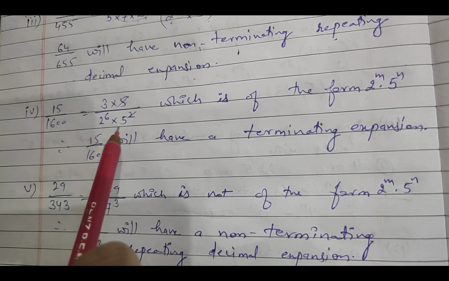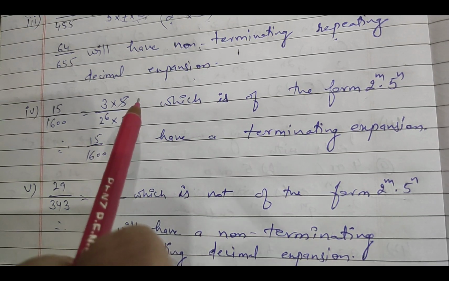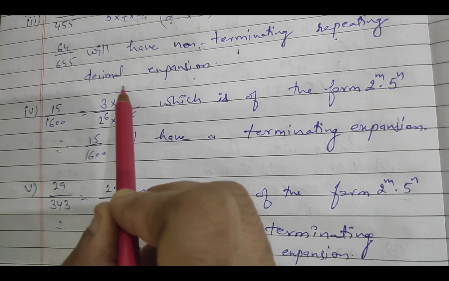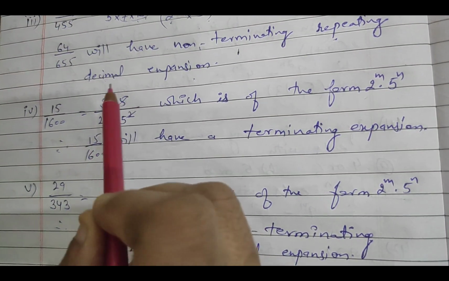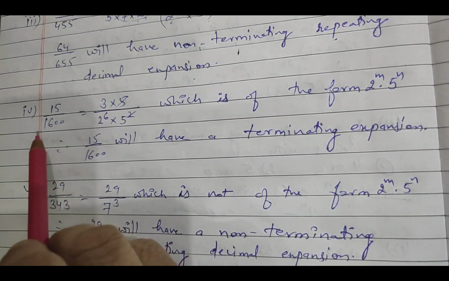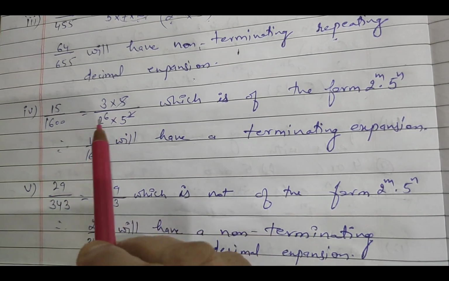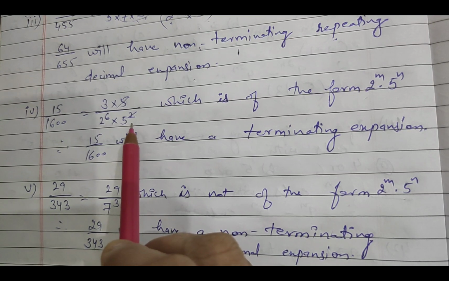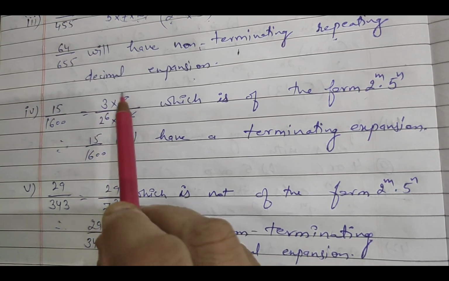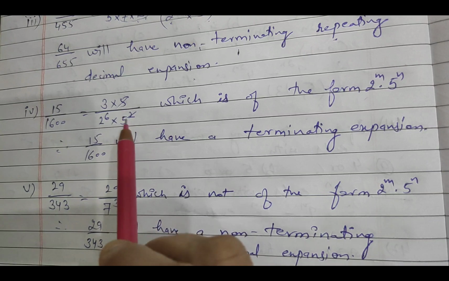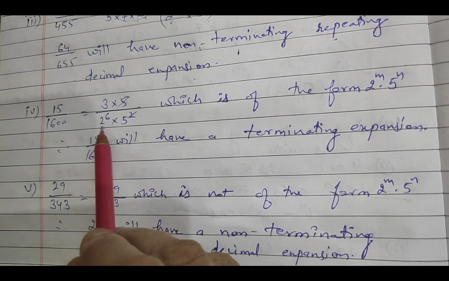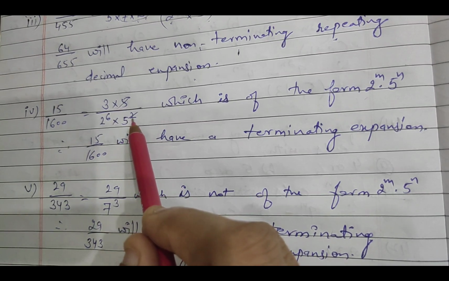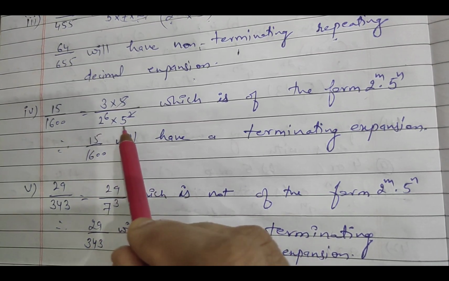In this question I want to tell you that even if I don't factorize the numerator, it will do. Why? Because while factorizing the denominator, if I am getting only 2 and 5 forms, then it's not necessary to factorize the numerator also. Because I am getting that 2 and 5 are the factors. Even if I do some cancellation, only these factors will get cancelled.